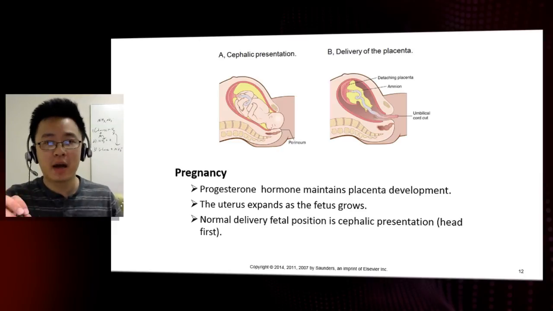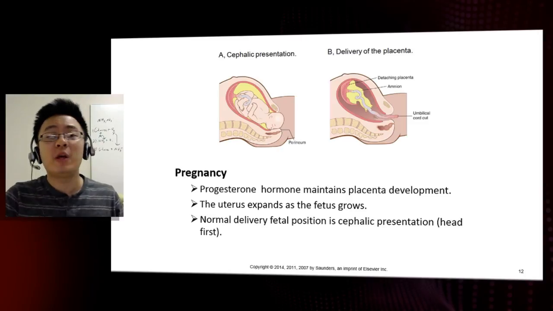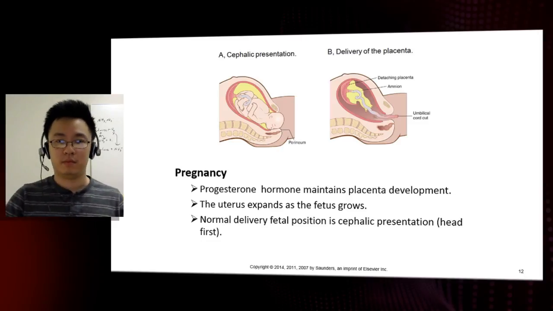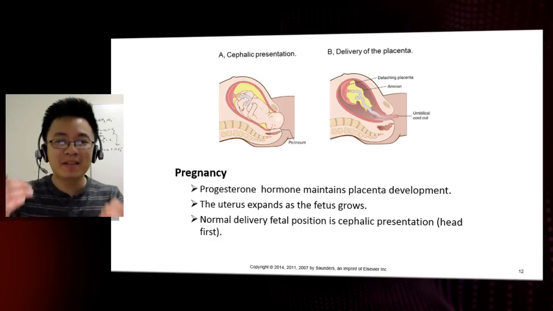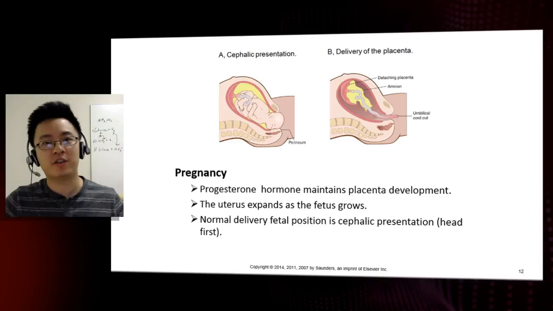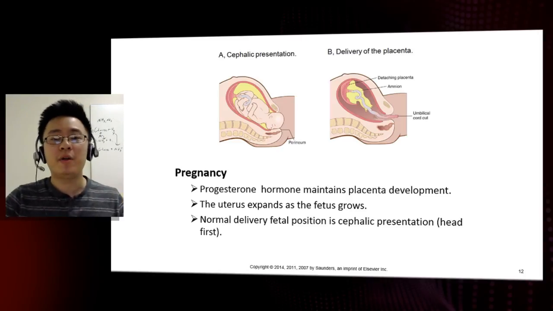And at the time when the mother is ready to give birth, the baby will start to flip around, and hopefully the head will start to present itself first out of the birth canal. It doesn't happen all the time. Obviously, nothing in life is perfect, but in an ideal case, the baby will rotate and then the head will start to present itself through the birth canal. And that will be the birth of the baby first.